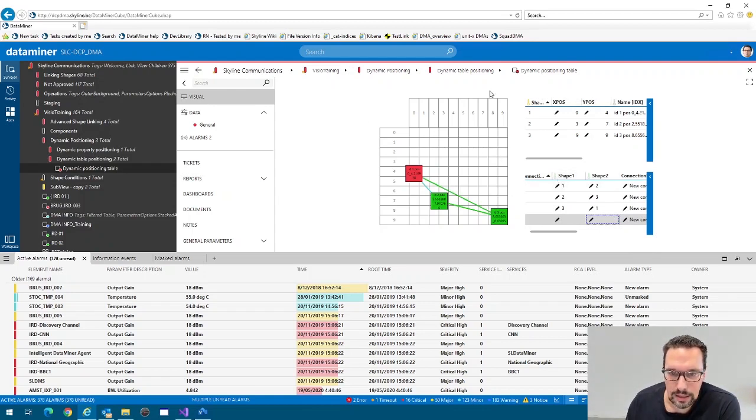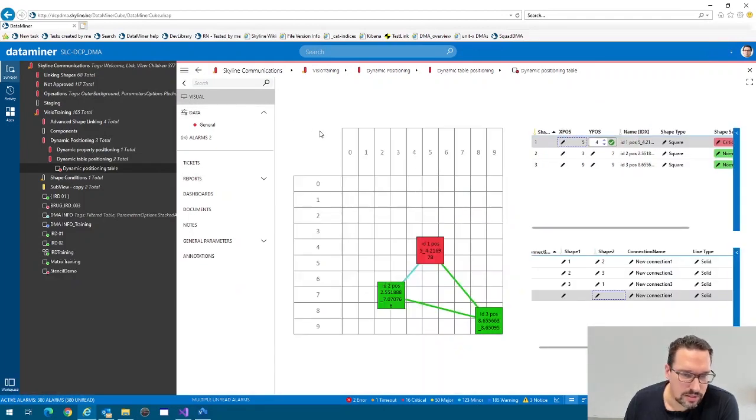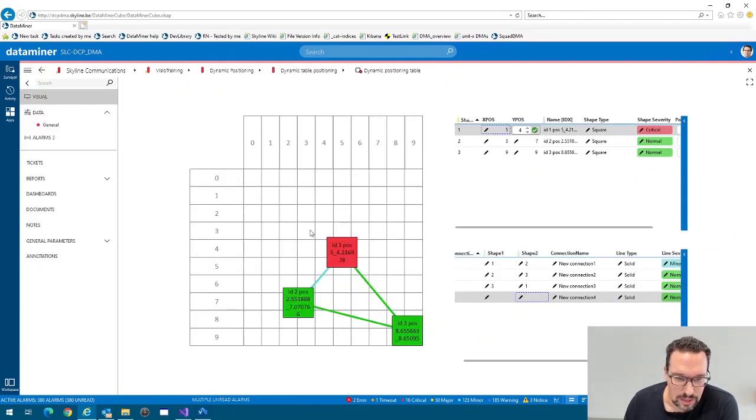All right, and now these shapes or these connection lines are also dynamic. So if I move shape 4 to say position 5 on the x-axis, you'll see that immediately the lines are also refreshed. So these connections are very powerful lines. So this is a very nice demo to see how the positions are working, but it's not a very practical example. So in our next view, we'll change this, and we're going to add a map,